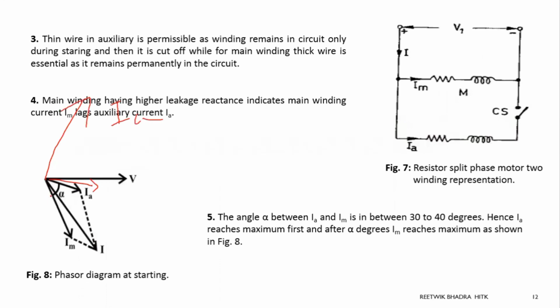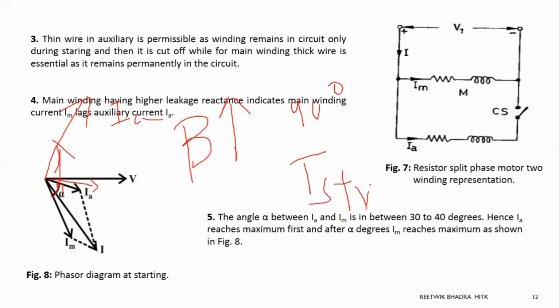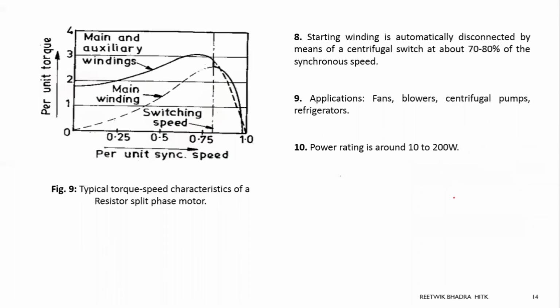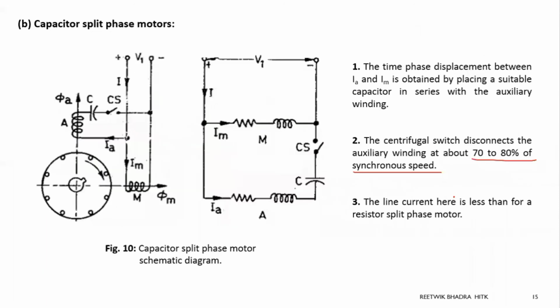The angle is increasing. This alpha over here, which we have taken as beta in the next figure, is increasing. So that beta or alpha is closing towards 90 degrees. So we are trying to make this starting torque maximum, close towards maximum. Okay, so that is the use of the capacitor. That's why in a fan we use a capacitor to increase that starting torque.